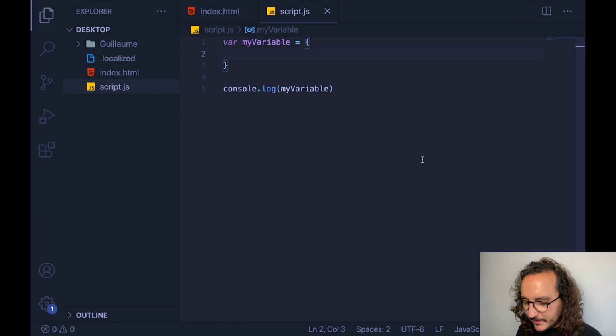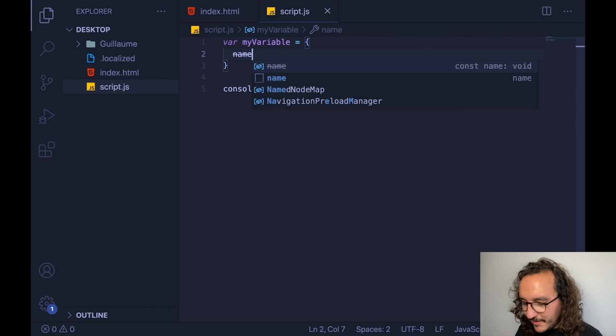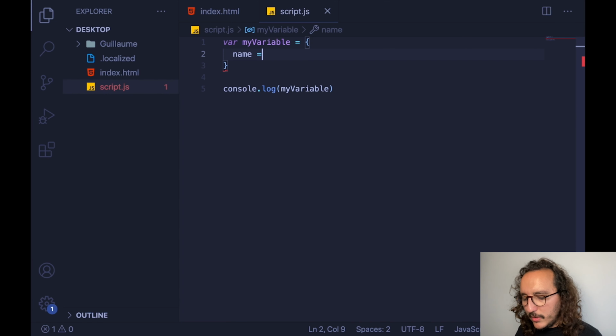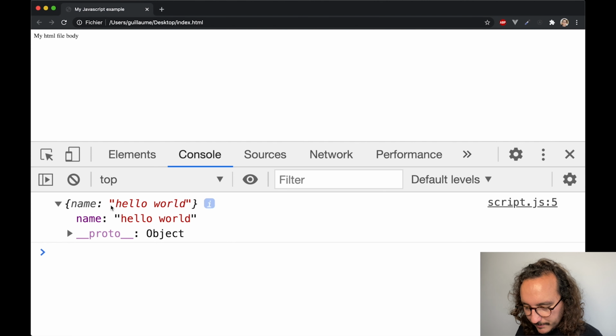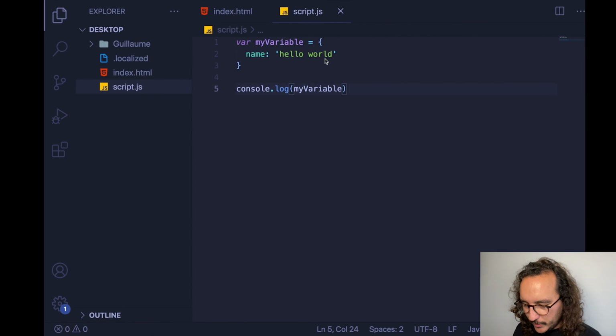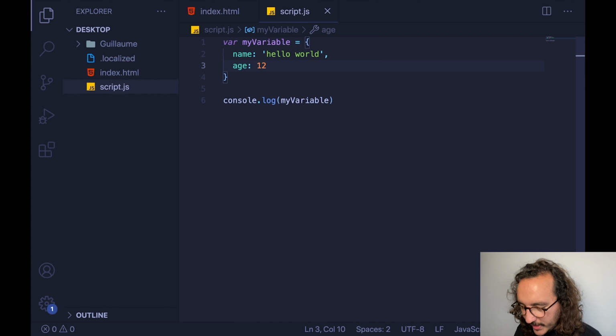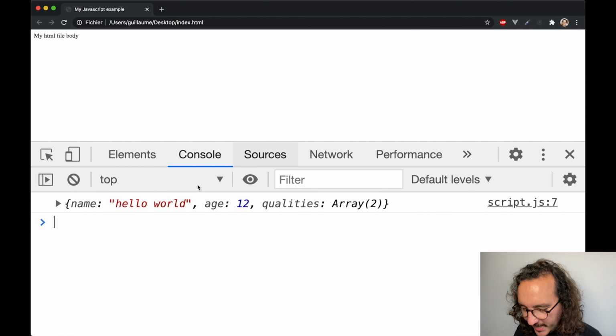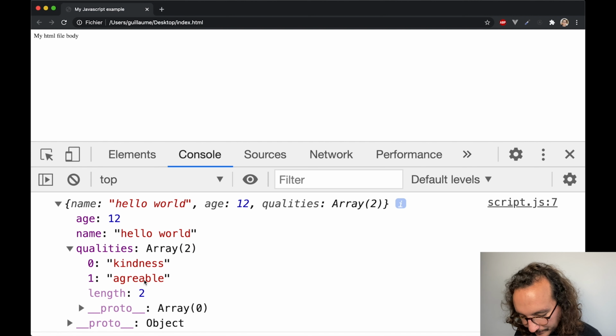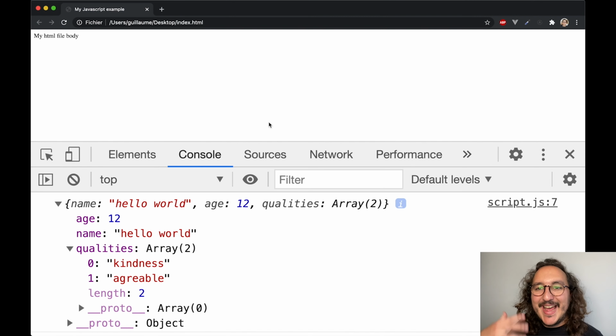And basically in here, what we could do is say that my variable could have a name. But instead of putting an equal sign in this object, we have to put two points, and we could put hello world in here, okay? So consider that an object is a list of descriptions for one element. So here, what I could do is put an age, okay, 12, and if I open my object, we see that we can describe an entire